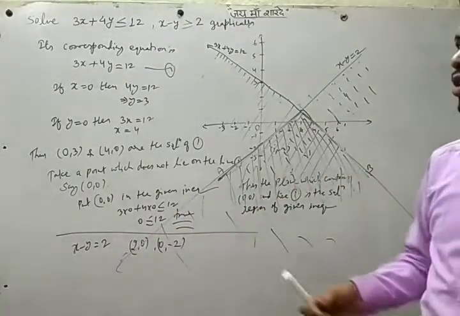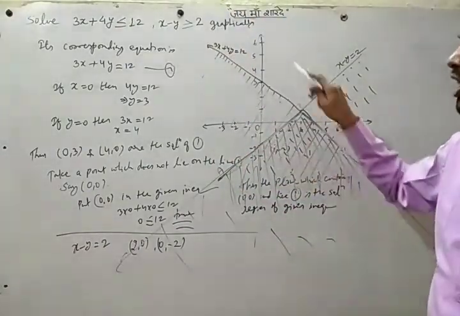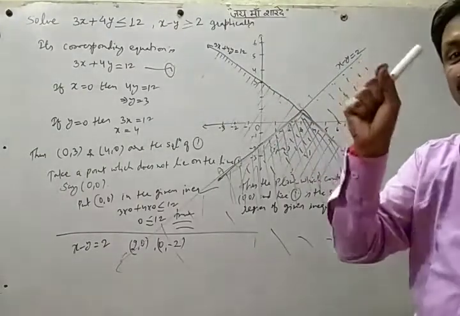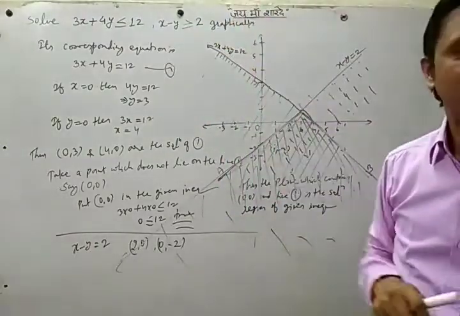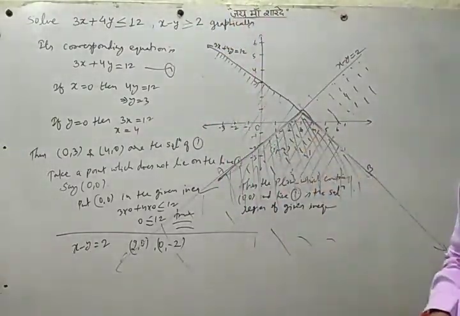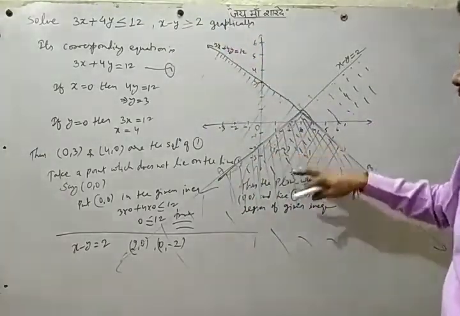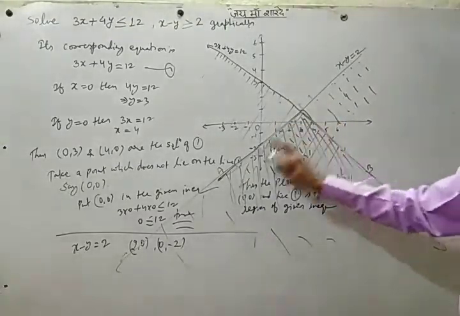So if there are more than one inequations, 2, 3, 4, 5, we'll draw their graphs separately on the same graph, and we'll see what is the common shaded portion in all the given inequations. That will be our required solution. Okay, so if more than one equations are given, how to find the solution? Draw their graphs, find the solution separately, and then see the common portion.